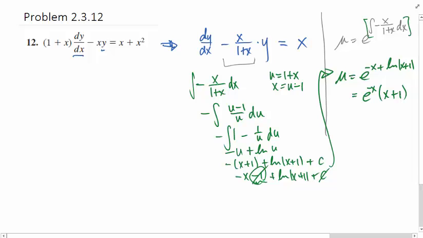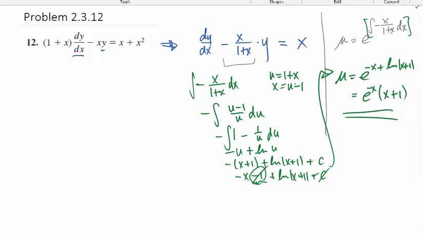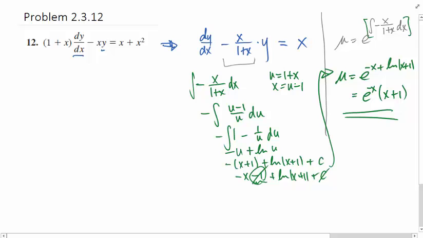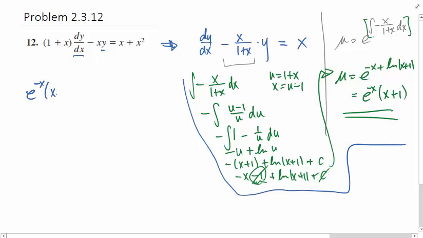Now that we have that as our integrating factor, we can skip a few steps because we already know that when we multiply by the integrating factor, the left hand side will be a perfect product from a product rule, and then so what we have left is the integrating factor, e to the minus x plus 1 times y. This is the resulting product,